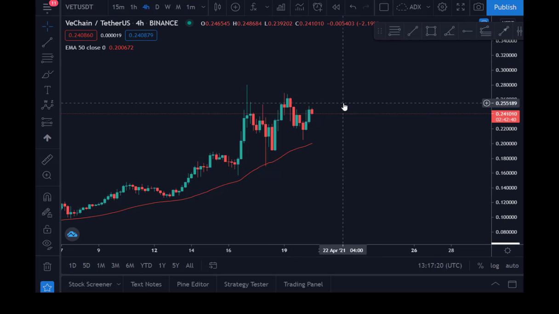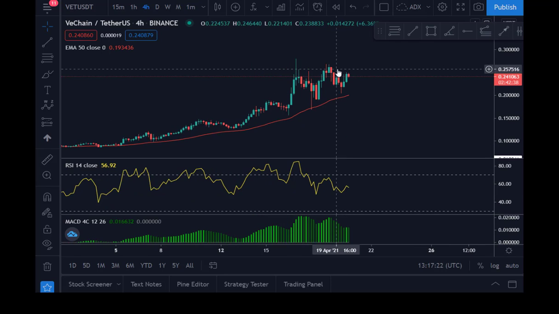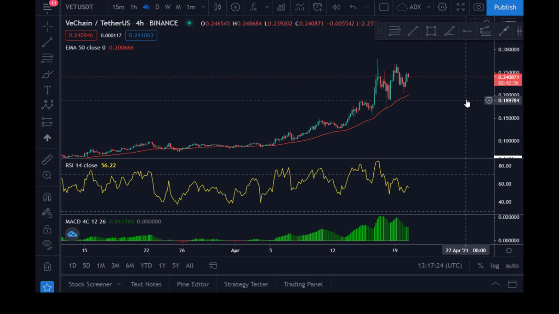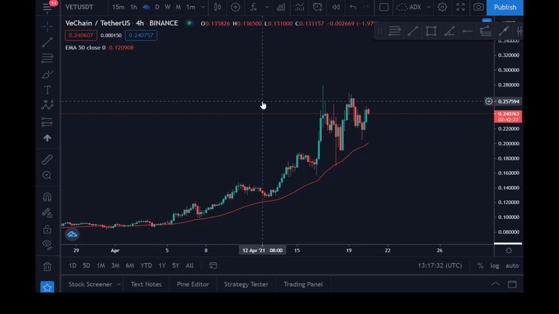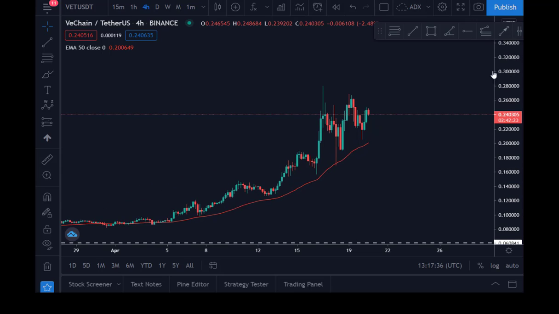But in a nutshell, I think it's going up because, looking at it from all indications, there's no divergence anywhere. So I think VeChain, don't sell your VeChain now. It still has a lot of momentum of advancing in price, and I think it's just the beginning. I guess this might get to $1 this year.